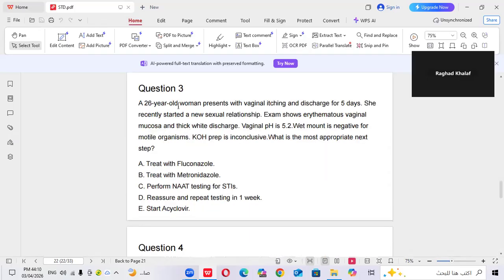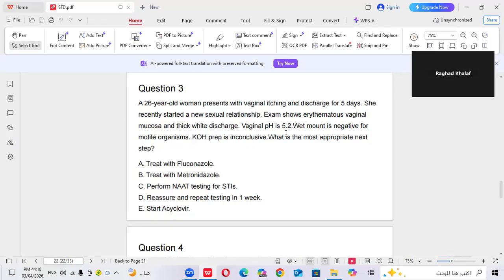Question three, 26-year-old woman present with vaginal itching and discharge for 5 days. She recently started a new sexual relationship. Exam shows erythematous vaginal mucosa and thick white discharge. Vaginal pH is 5.2. Using the pH as we did in the previous video, you are going to exclude directly